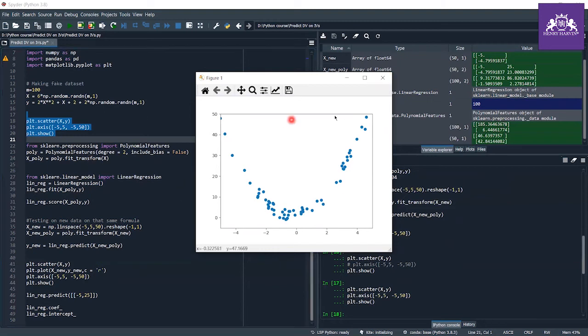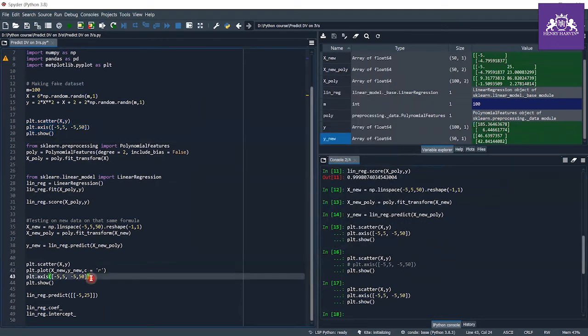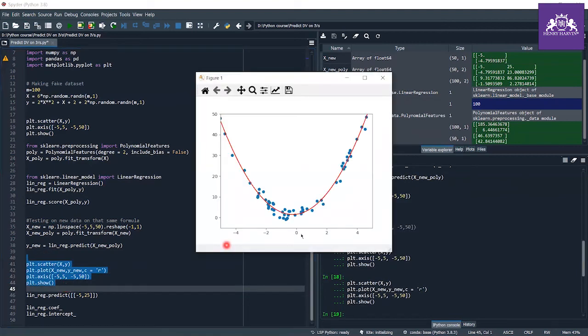That's why I maximized my plot, and here also I maximized my plot, and I scatter my old data. I'm checking my fitted line to see whether it fits and looks good. Let me show you this. As you can see, my line fits this polynomial data, and it performs well on the test data set and also on the train data set.